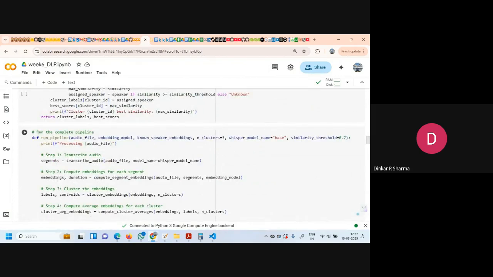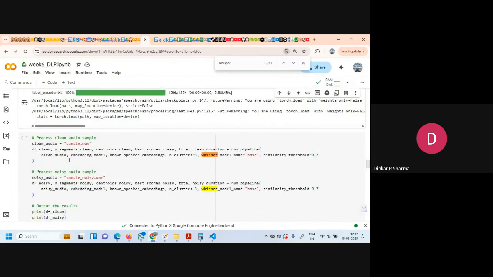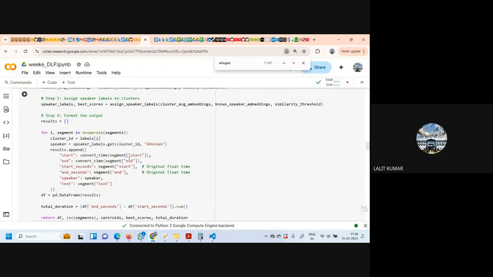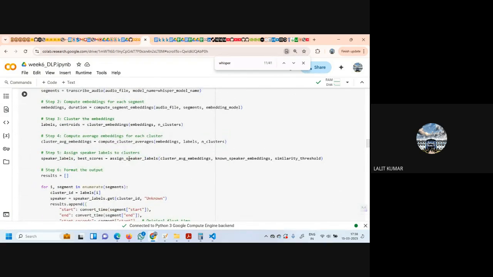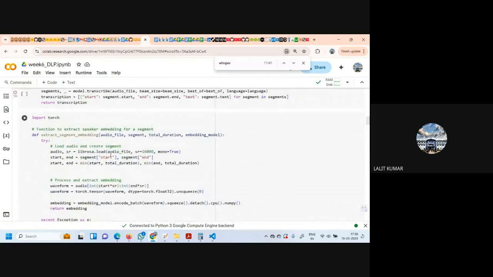But in the Colab, it is there, sir. Yes, it is used. Let's see how it is used. Without converting the audio to text, how are you going to assign what was said and who said it? So this is being passed in the pipeline, where we made the pipeline. Here it is passing transcribe audio, and transcribe audio was our first function.